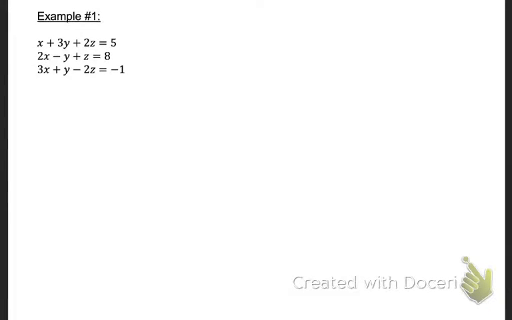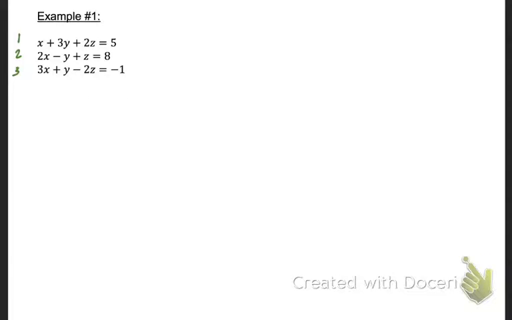And I'm going to go ahead and number my equations 1, 2, and 3, just to stay organized. Now, before I start, I'm going to look at x's, y's, and z's, and I'm going to decide which one, in my opinion, would be the easiest to eliminate. Meaning, which ones have the same coefficients or multiples of each other. So, I think you can't go wrong with either choosing y or choosing z in this case,